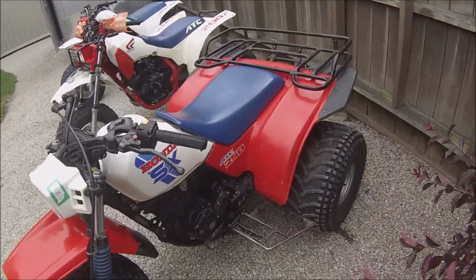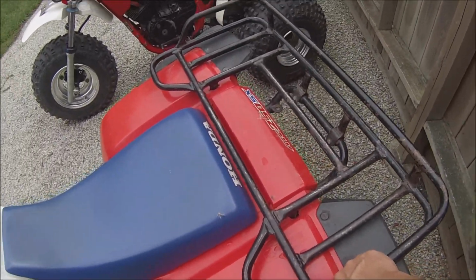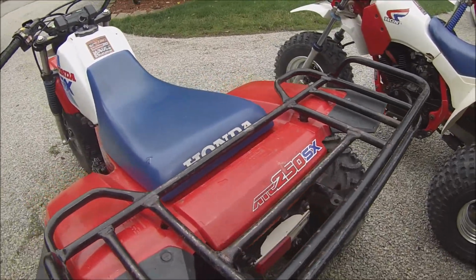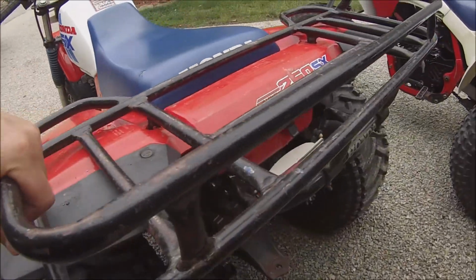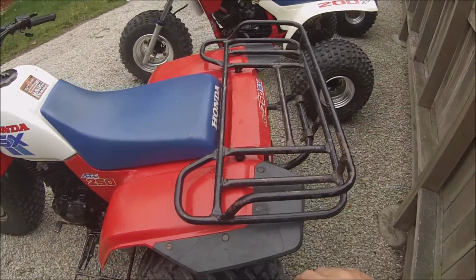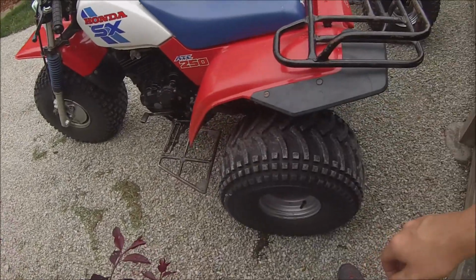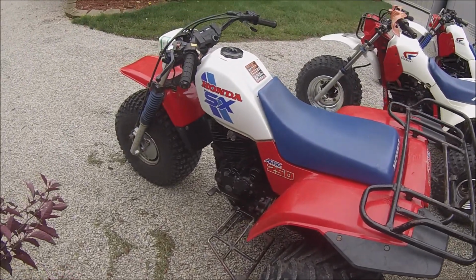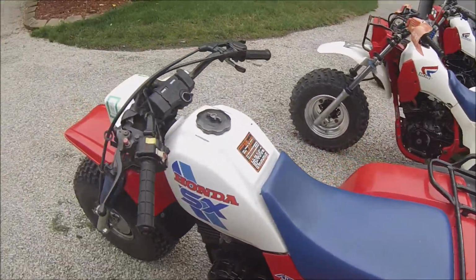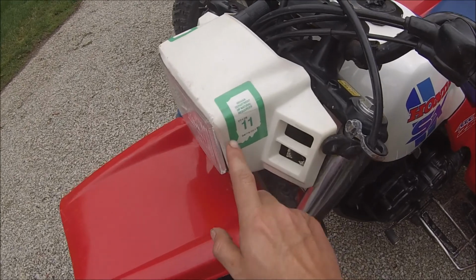I'm pretty sure they didn't even come with the rack from the factory, but you could get one through Honda, which this actually is, a Honda rack for it and everything. But as you can see, this one's very, very clean too. Me and my dad like to buy nice and clean three-wheelers. We picked this one up over in Indiana some years back. As you can see, it's got the Indiana